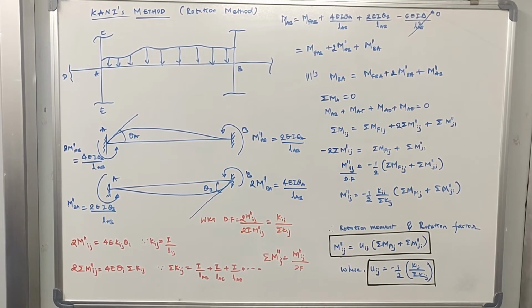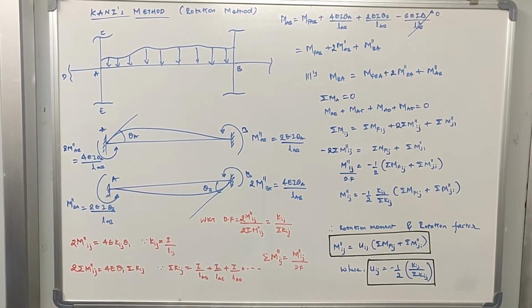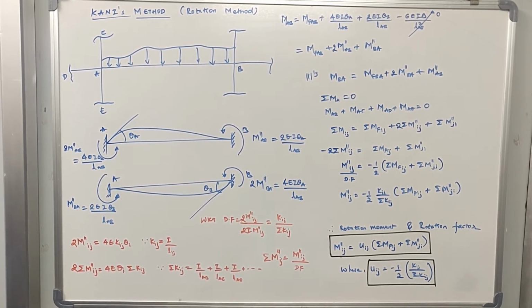This is similar to the moment distribution method. As we know, in the moment distribution method we carry out a trial and error procedure. We try to balance out the joints by using the distribution factor, which helps distribute the moments among the joints. If n number of members are there, based on the distribution factor you divide the moments among the joints, and by that trial and error procedure we arrive at the precise values of the moments and can analyze the given structure.